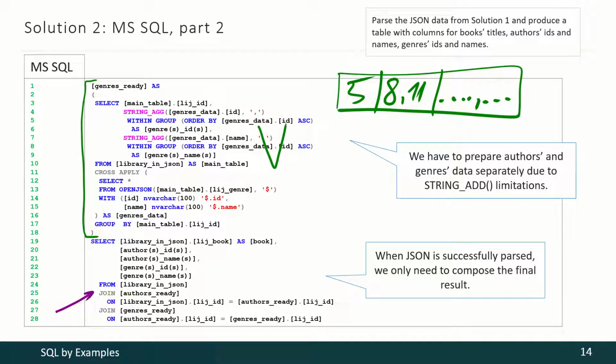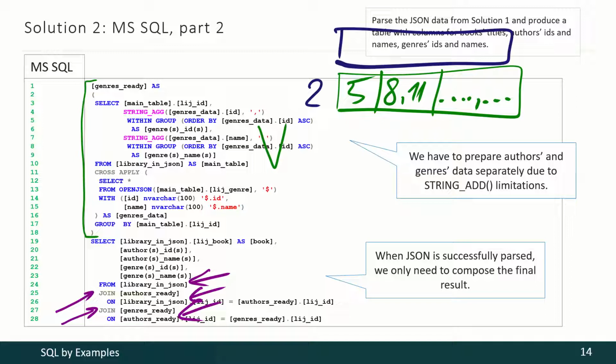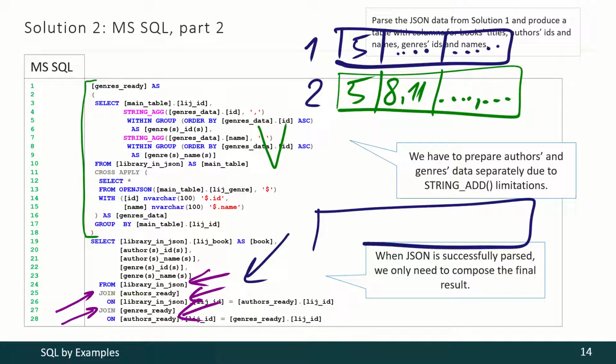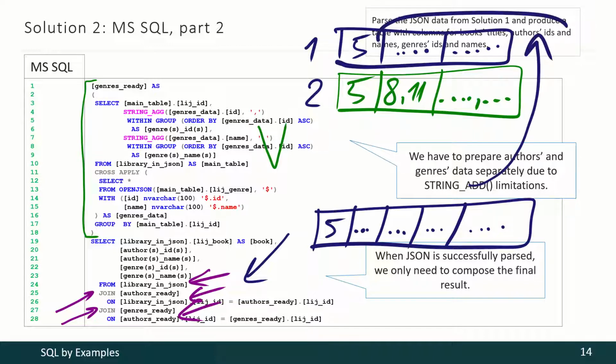Finally, we have to join the results from the initial table, then from the first common table expression and from the second common table expression. So, as the second common table expression gives us that data and the first common table expression gives us the same information but about authors' IDs and authors' names, here we are combining that data into one single row about that book, then authors' IDs, authors' names, genres IDs, genres names, exactly as it was told by the task.